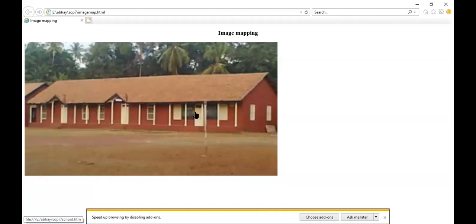Now what link is attached to this part, you can see over here. When I move the mouse pointer, whatever the link to that particular hotspot or area, that will display over here. When I move the mouse pointer on this rectangular area, can you see the bottom side? What you can see is http://www.arts.com. So when I click here, arts.com will open on screen. When I click here, the commerce.com site will open, and when I click over here, school.htm will open. So I click over here, we will see what will happen.